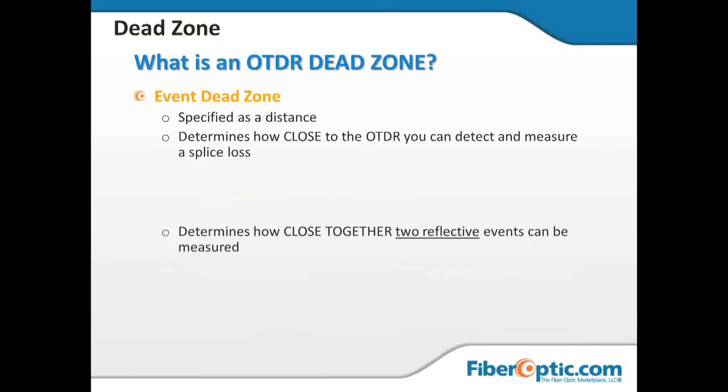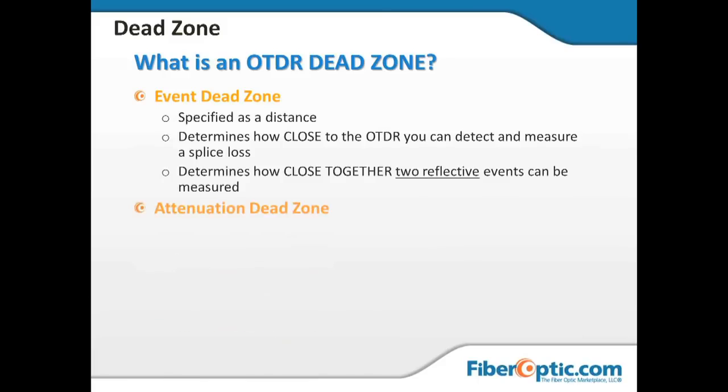how close together two reflective events can be measured for loss. I do want to specify that here. As long as we can see the peaks, we can tell the reflectance based on the initial backscatter level. So the reflectance of the second and subsequent reflections may not be totally accurate. But we certainly can't tell the loss of them if they're within that dead zone, and we'll look at some